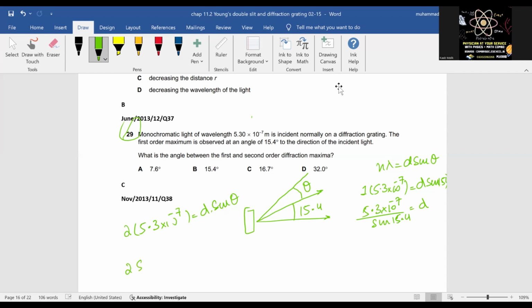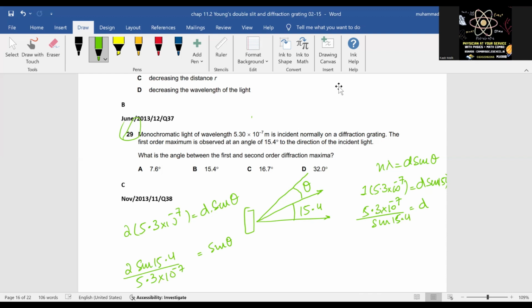सो 2 sine 15.4 डिवाइडेड बाय 5.3 एक्सपोनेंट -7 इज इक्वल्स टू sine theta। समझ में आया? जी सर। नहीं नहीं, झूठ बोल रही हूँ, मैं तो समझी ही नहीं। मैं वर्किंग कर रही हूँ। सच्ची बताओ।